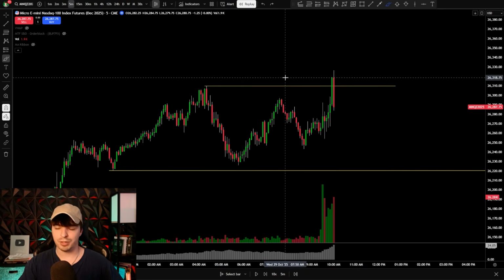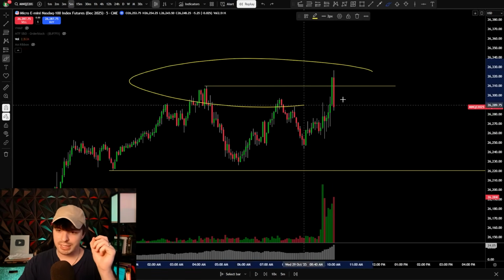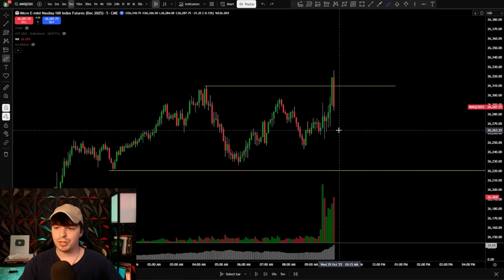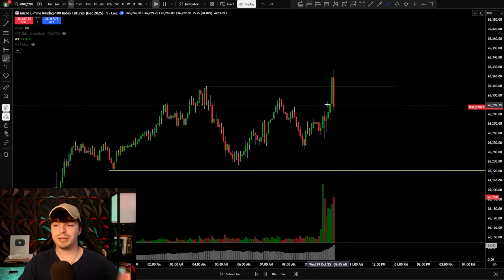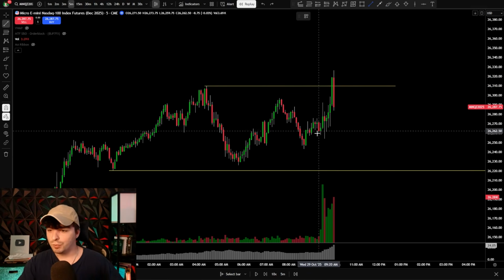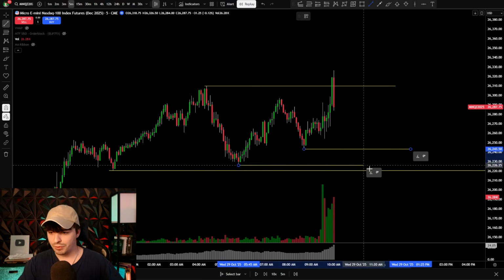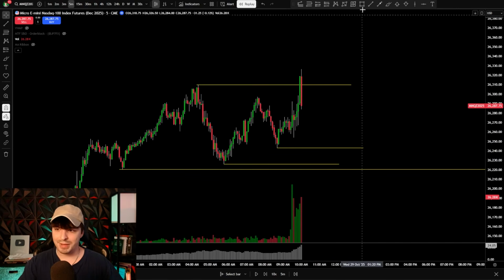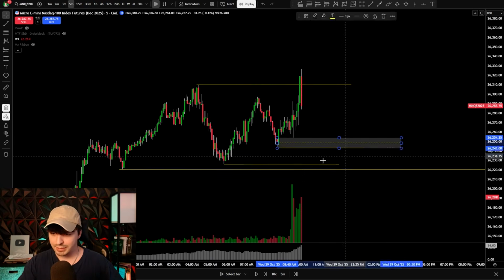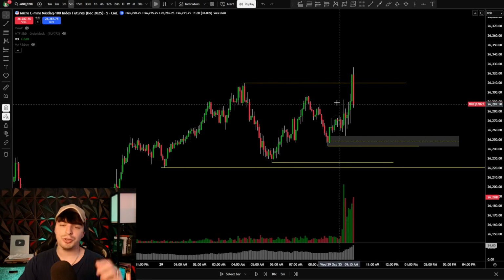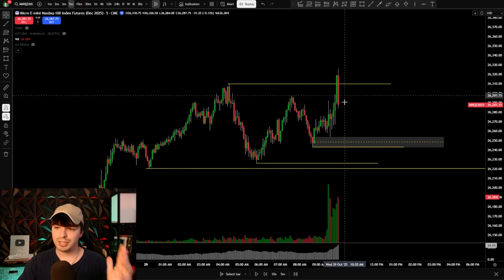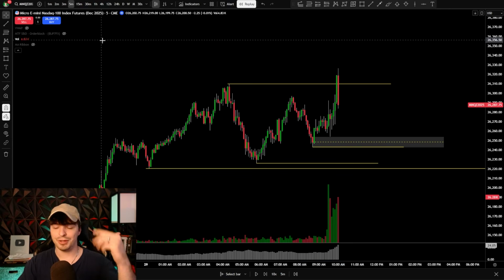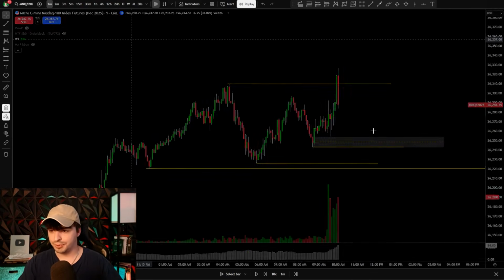So now guess what? We know we have just taken out an area of liquidity, a key level, and we have rejected back down. So what does that mean? That means price is going to want to go to the next area of liquidity. So where's the next level of liquidity? All these lows down here are the next levels of liquidity. Or an imbalance. I mean, you could even say it's going to come down to here because that's a level of demand. It doesn't really matter. You just now know that the direction is down for the most part. It has a much higher likelihood to go down. So we're still going to look for shorts.